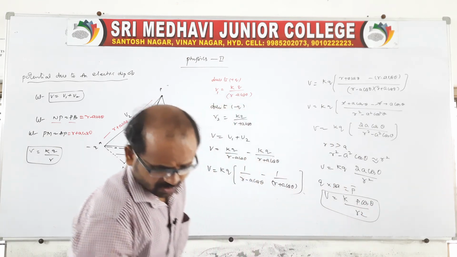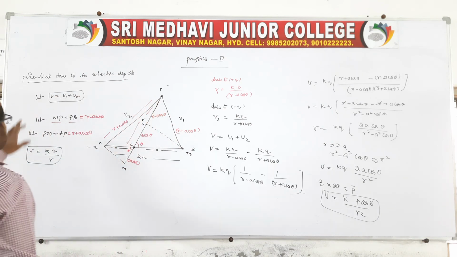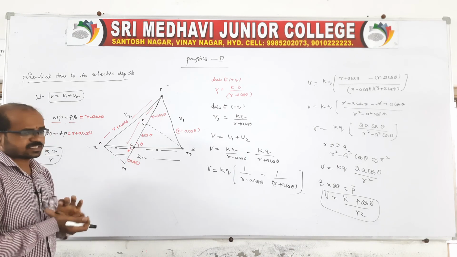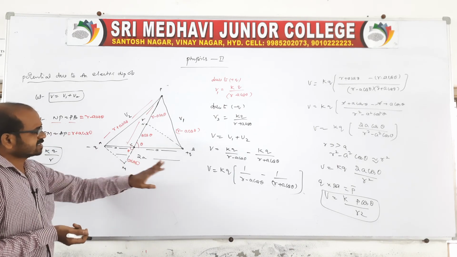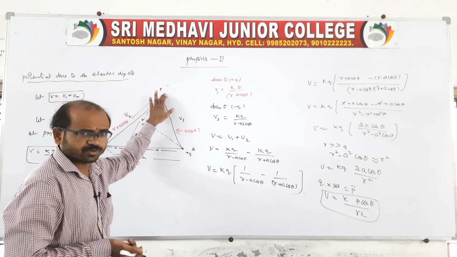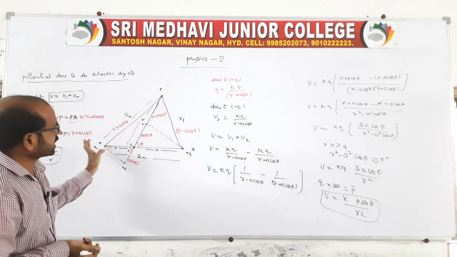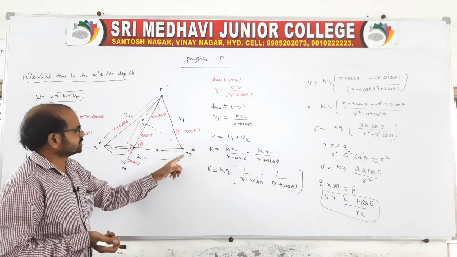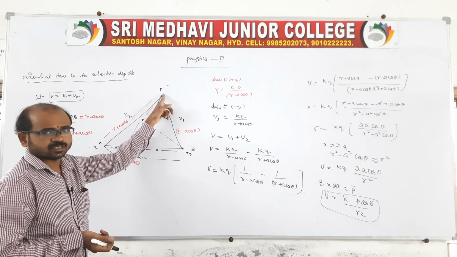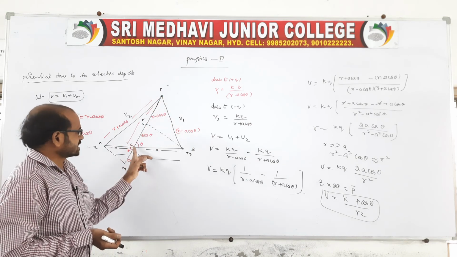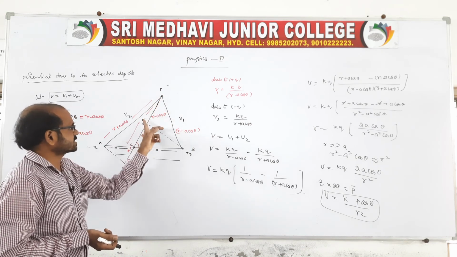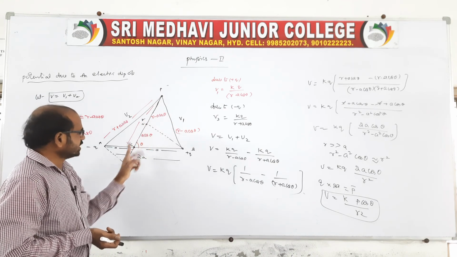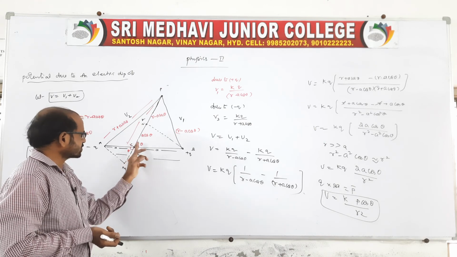Let us look at it, everyone. Here the thing is simple. There are two charges, minus q and plus q, separated by a distance 2a, and due to this, the potential at any point, not on the equatorial, not on the axial. Suppose you take any point P. Due to this minus q and this plus q, there is a potential acting at the point. Here the distance from the center is r, and here this a is making an angle theta. Here also a is making an angle theta.